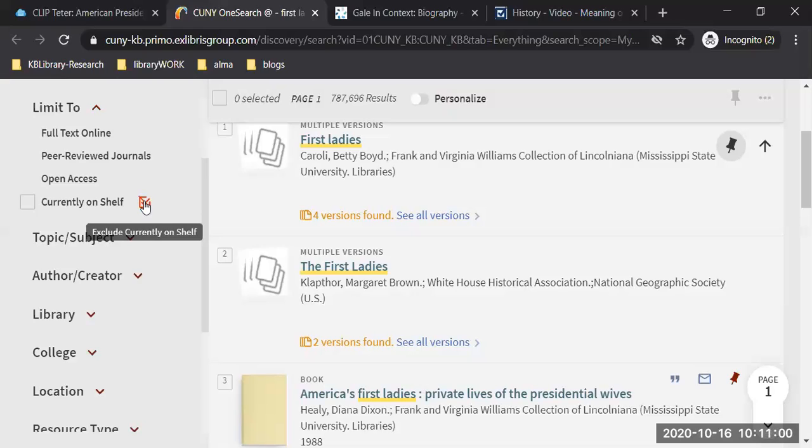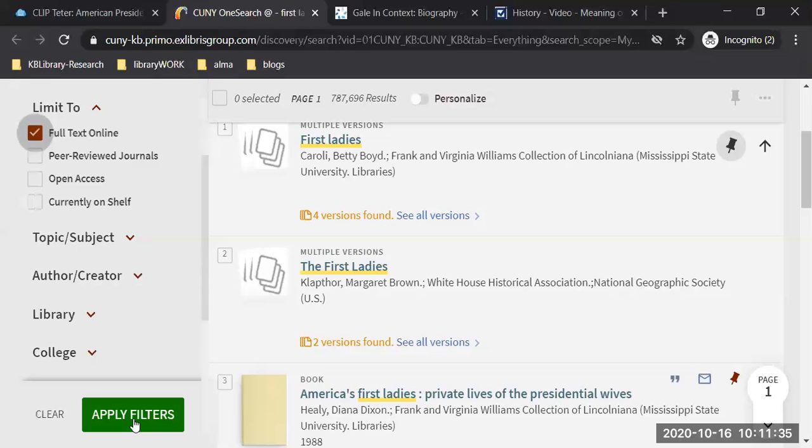Well, they're included in the results, but they really amplify the impact because you really don't need to see those items right now. As a student, you cannot get to the building, so you may want to exclude items if you're using the library catalog to do your search. You can deselect the currently on shelf items, or another way is simply to select full text online